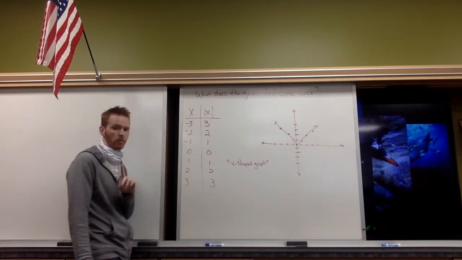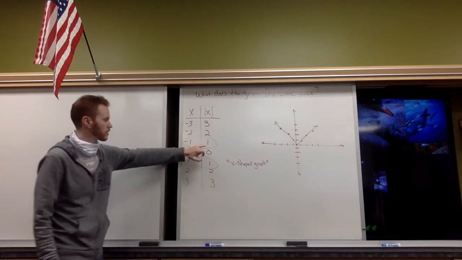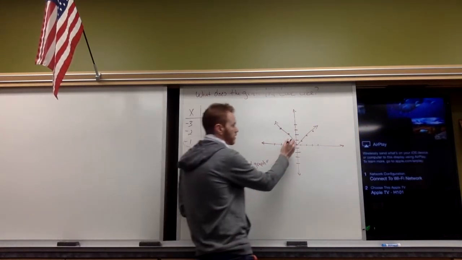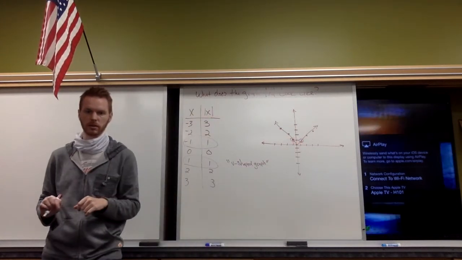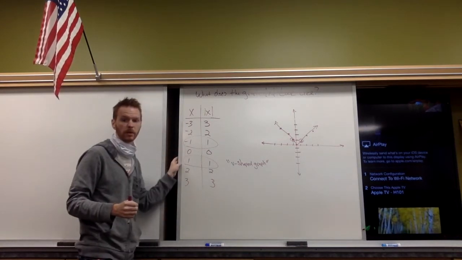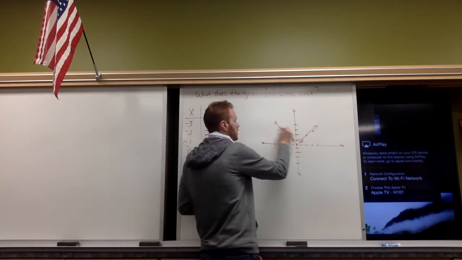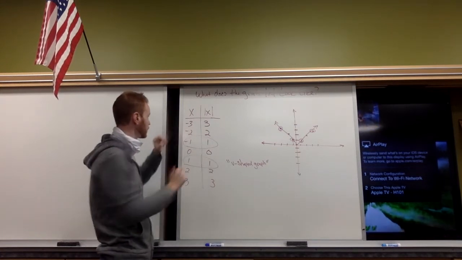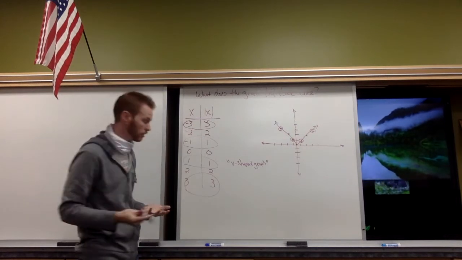And there's one other thing I want you to notice. You see how some of the y values are repeated here? So for instance, if I want an output of 1 in this function, there's 2 inputs that give me that, -1 and 1. If I want an output value of 3, there's 2 input values that give me that, -3 and 3. So when we're doing absolute value,